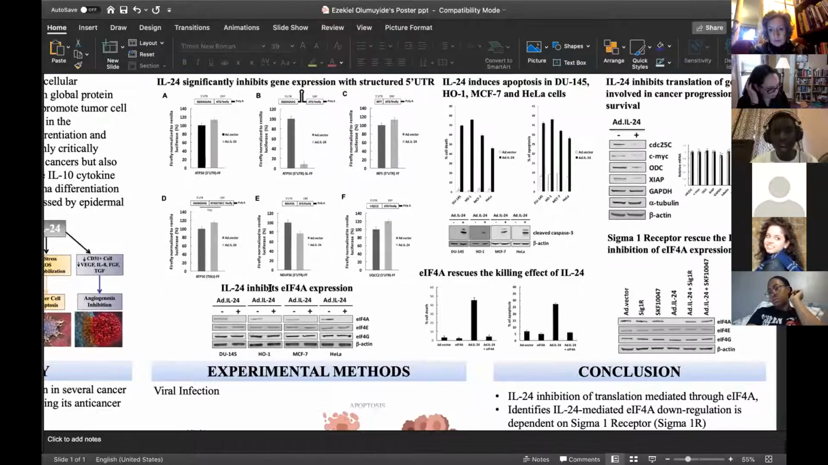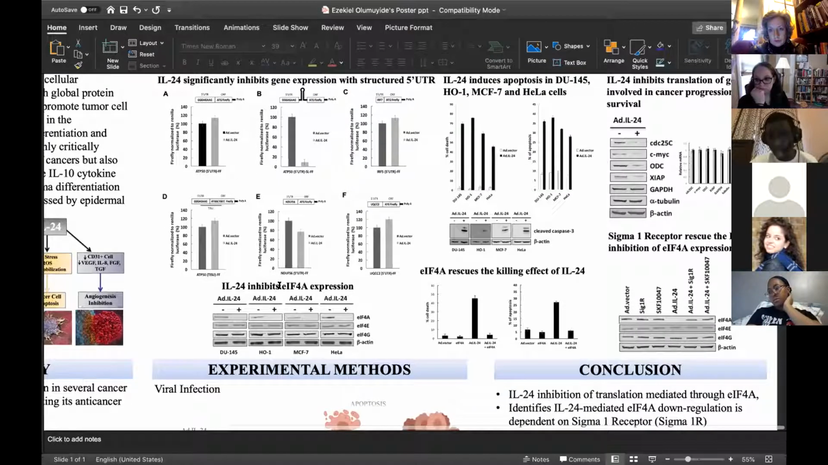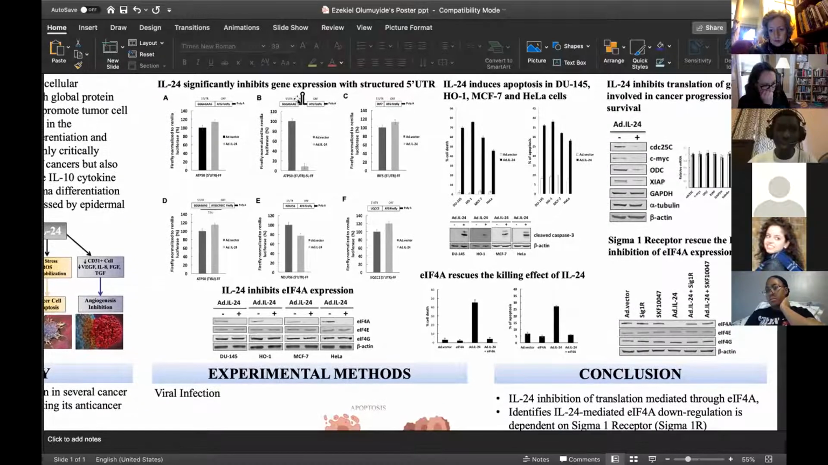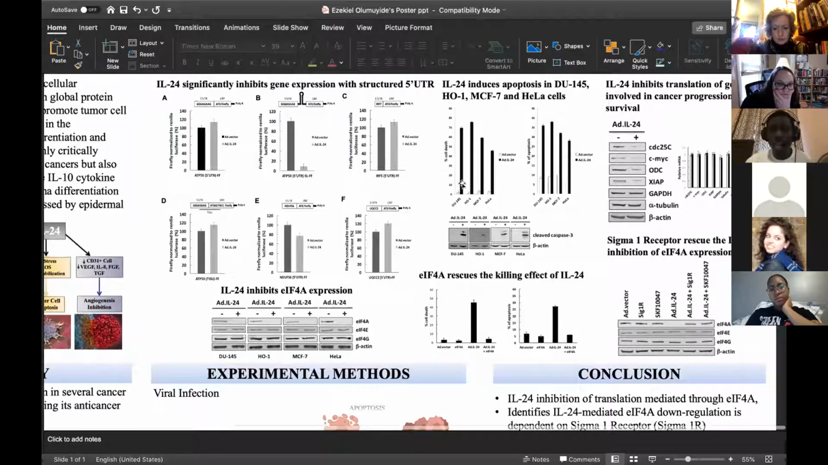So we know that eIF4A is a helicase, like scissors that cut this loop in two to straighten it out for the other translational initiation factors to bind to. So we treated different cancer cells with interleukin 24 and saw that it causes downregulation of the eIF4A complex in all cancer cells, which correlates with this data. So we also checked for,